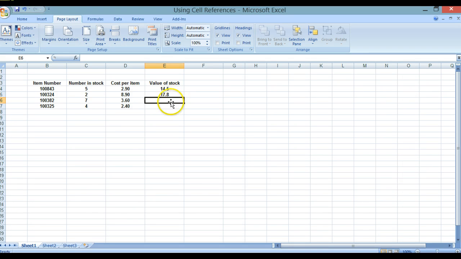And you can see that we've now got the answer. We're going to do the same thing for the next one. So we put in equals C6 times D6 and press enter. Now what you will notice is that as I've put in the cell references, it actually highlights them. So here we've got C6 in blue and D6 in green, and that corresponds to what we've actually put in our equation. Press the enter key to get the answer,